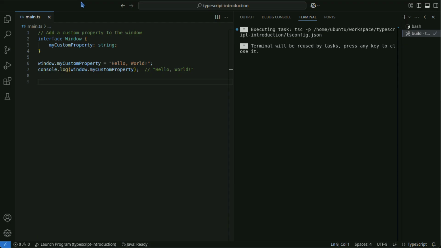Due to TypeScript's strict type checking, attempting to use non-existent properties or methods will result in errors. For example, attempting to access a non-existent property on the window object as is will cause an error, so you need to properly extend the type.